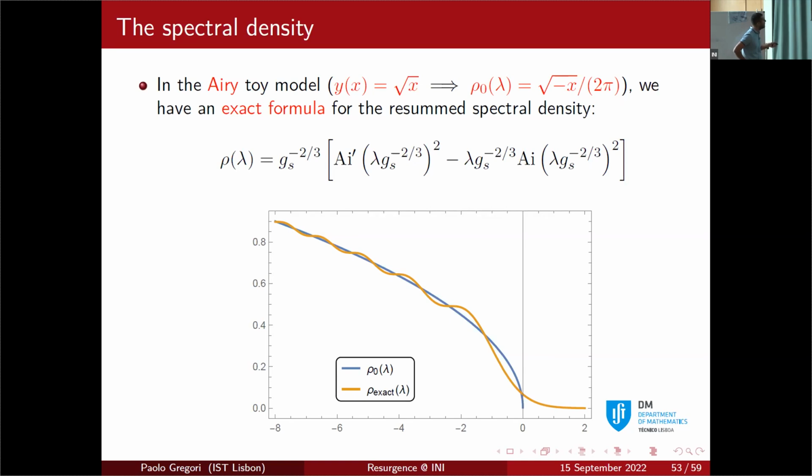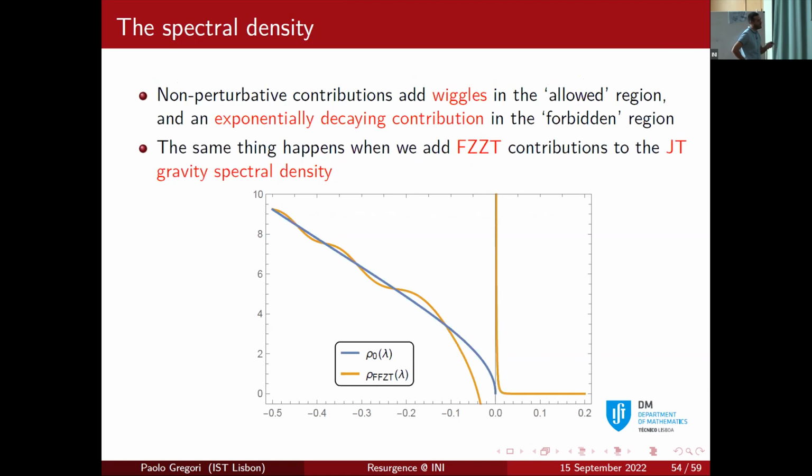But the exact function gives us a correction to this picture, which involves eigenvalues that distribute themselves also in what is called the forbidden region. Of course, with an exponentially damped behavior, but still they are there. And also the non-perturbative effects, on top of adding some eigenvalues in the forbidden region, also added some wiggles in the allowed region, which is an effect that is well understood when one looks at, for example, the